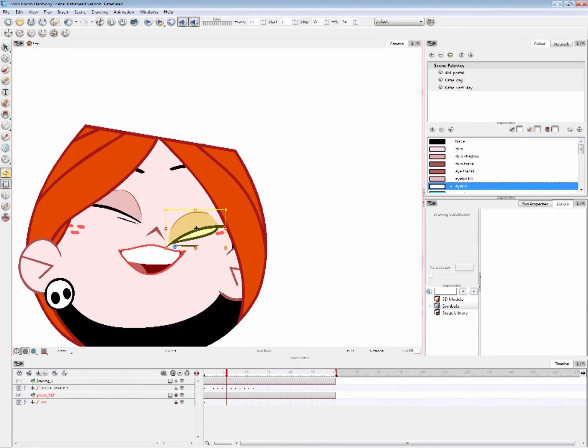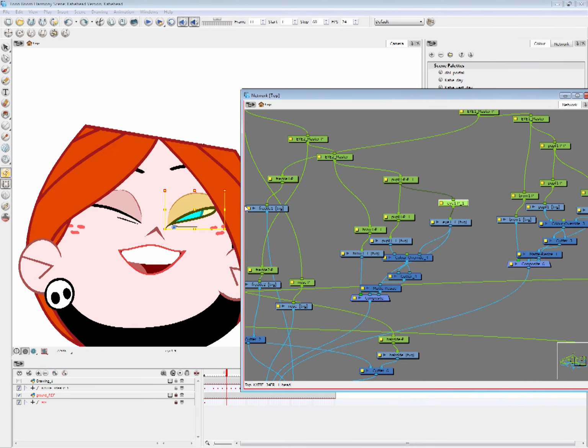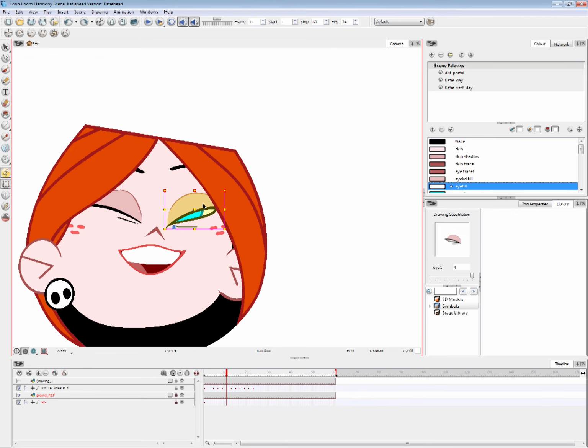If I move up, down, left, side, it will store all that information. So for example, if I select this drawing element and then decide to copy and paste to the other eye, it will do just that.